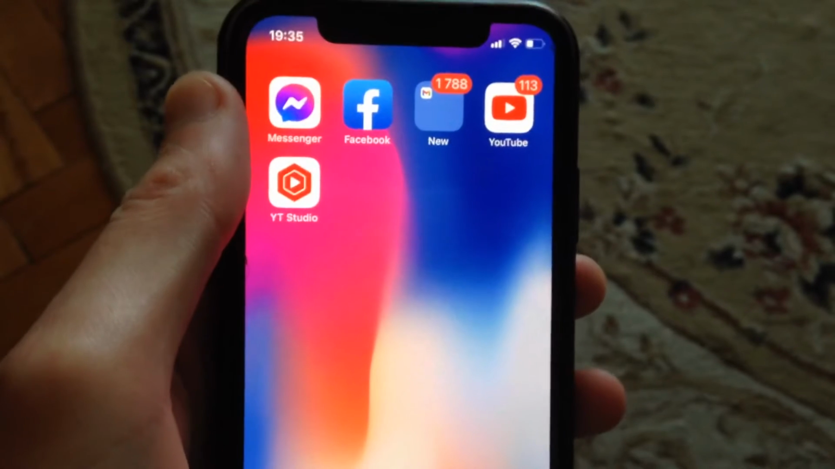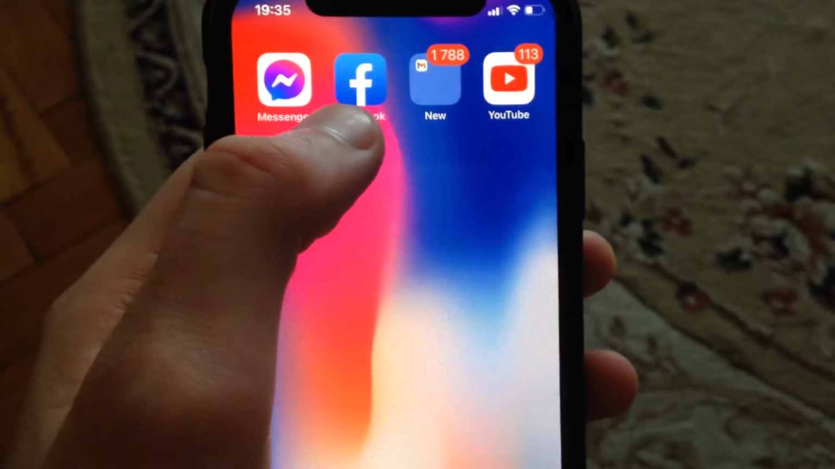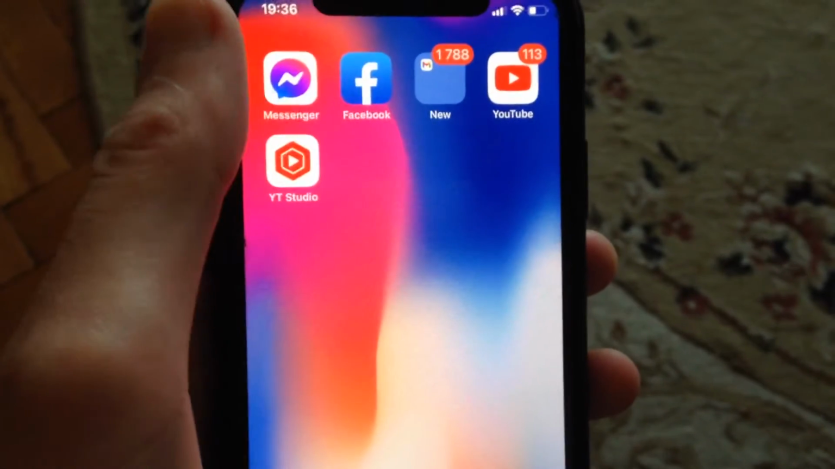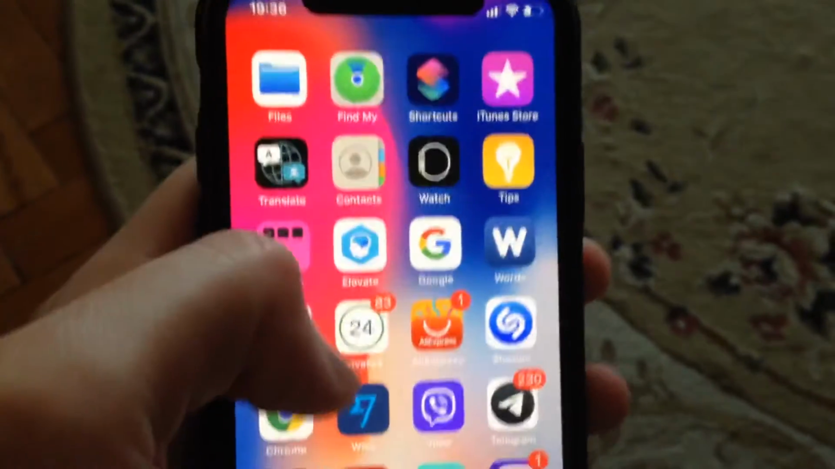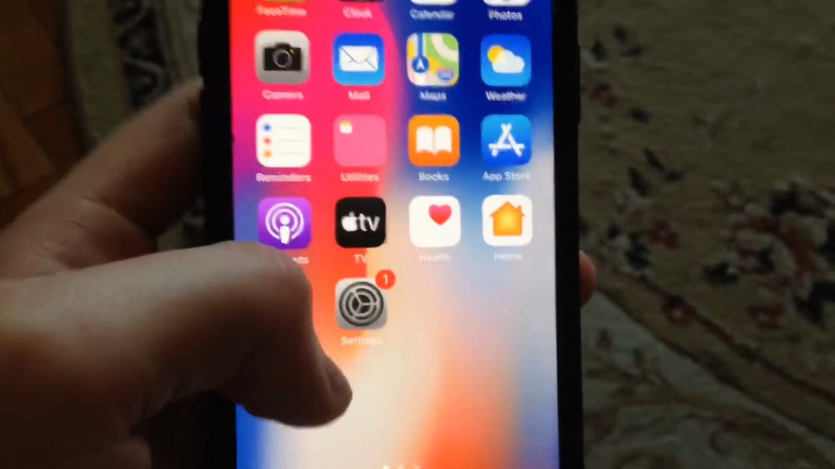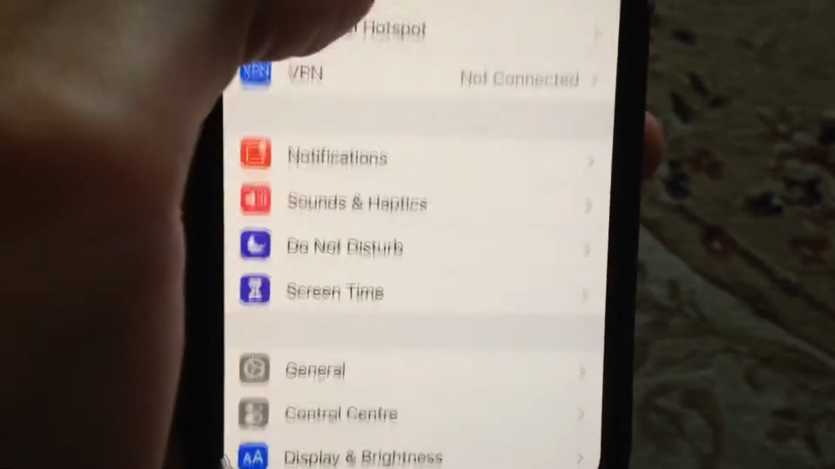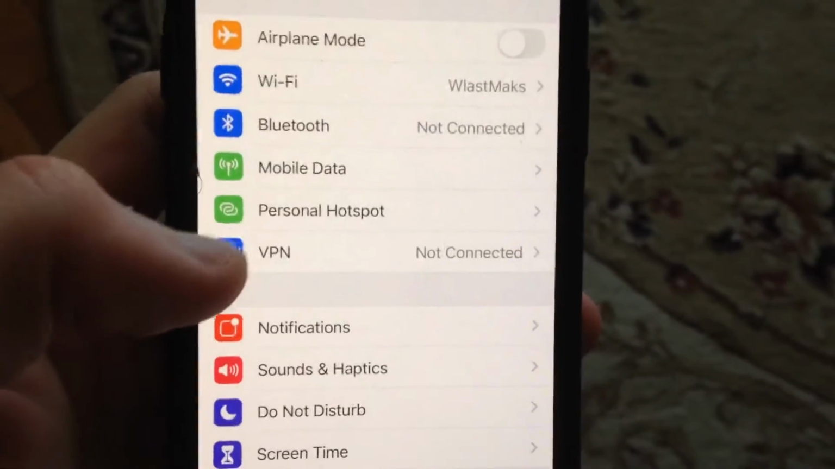So if you just can't log in to your account and you still receive errors, here is how you can fix it. First thing, just try to close your Facebook app and open it again. And if you still have this error, just go to the settings, and in the settings, first thing you